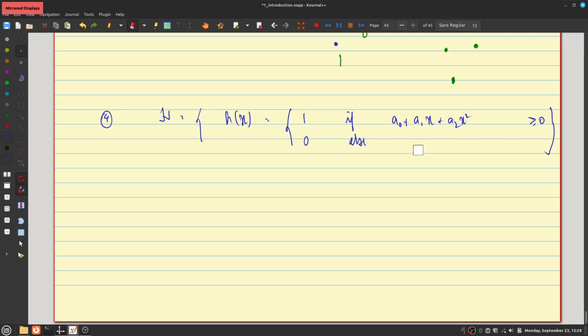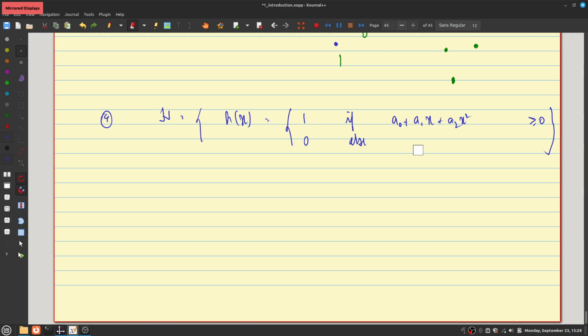Okay, so given 3 points, minus a1 by 2 a2 is the midpoint of your parabola. And using the C, you can even set its height based on whatever set of points you have. So using those 3 parameters, you can shift your parabola around in the space such that you can get all possible combinations, all possible binaries.